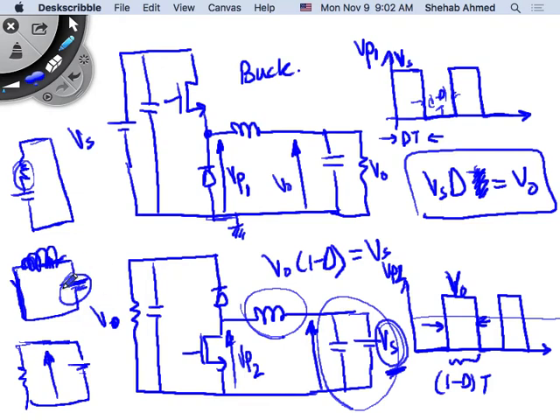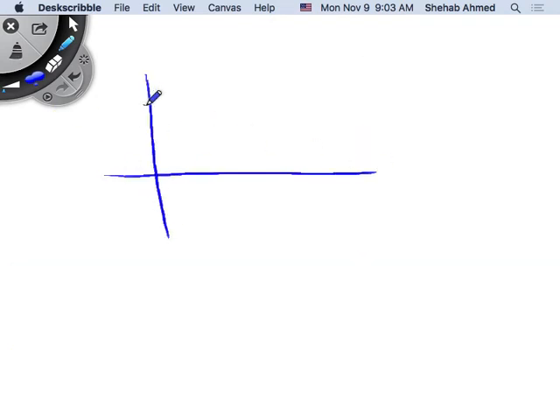What's happening to the inductor? I'm charging the inductor, pushing current through it. I'm building up the magnetic field around the inductor during this mode, right? So the longer I keep the switch on, the longer I'm connecting my source to my inductor, the more energy I'm storing in the inductor. Remember, delta lambda is equal to the area under the inductor voltage curve, right? So if I'm placing a positive voltage V input across my inductor for a long period of time,